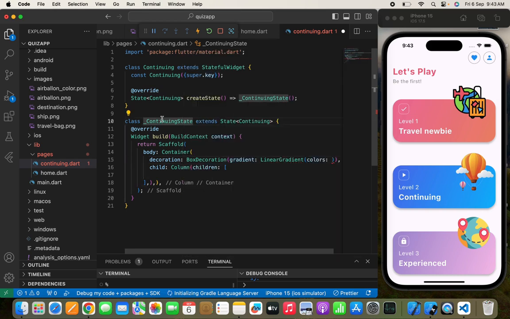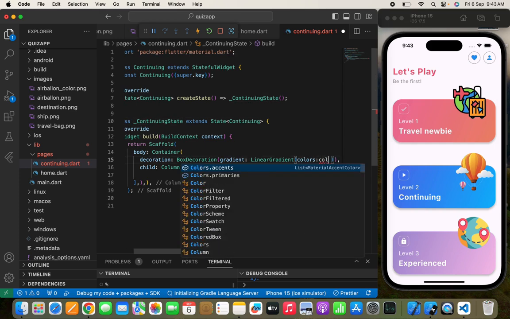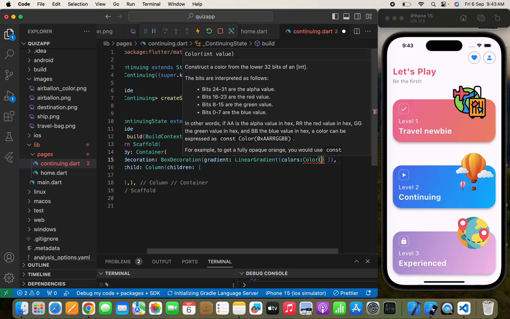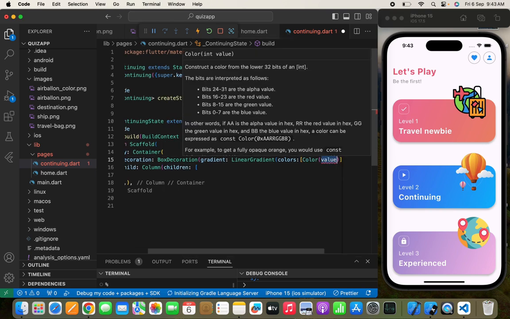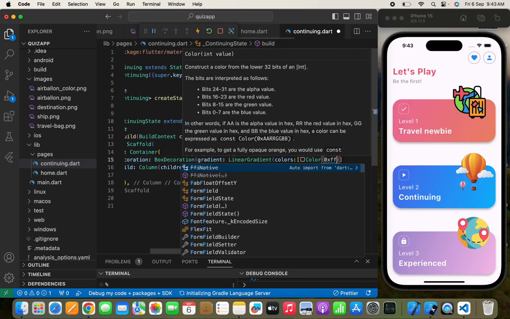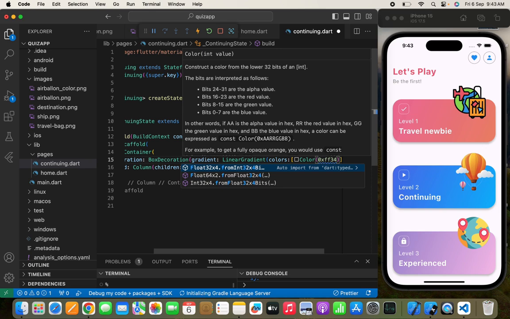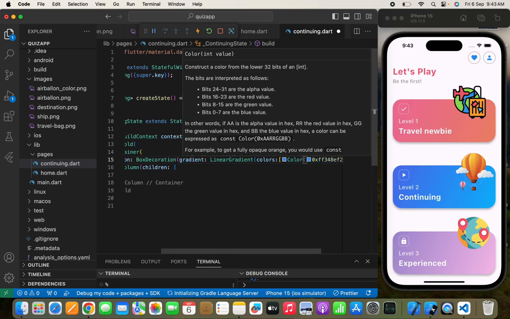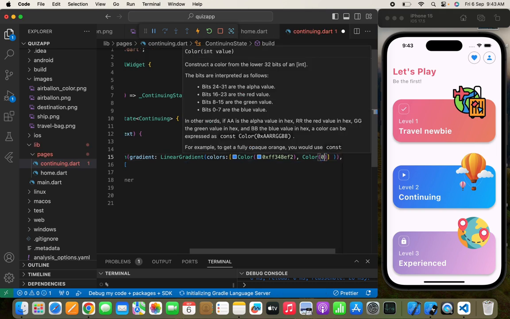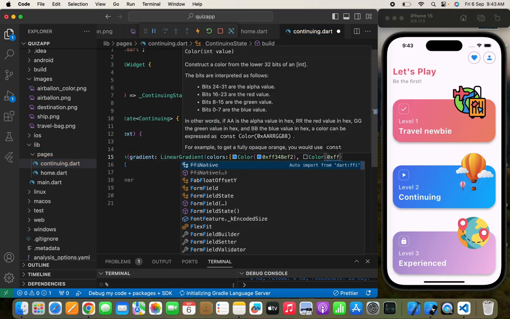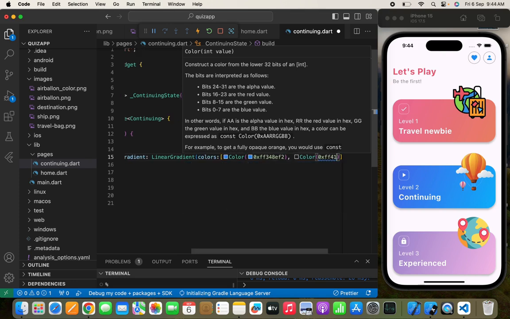Now let me find that color that I'm going to use over here. So our first color code will be Color, 0xff, and the color code is 348EF2. Yeah, so this is our first color code. Our second color code is 0xff, and let me find that color. Yeah, so here it is, which is 4183F1, and a third color, which will be Color 0xff,